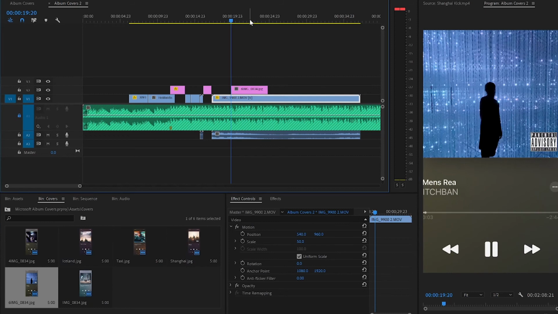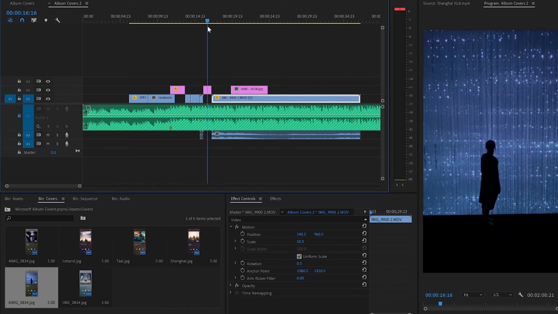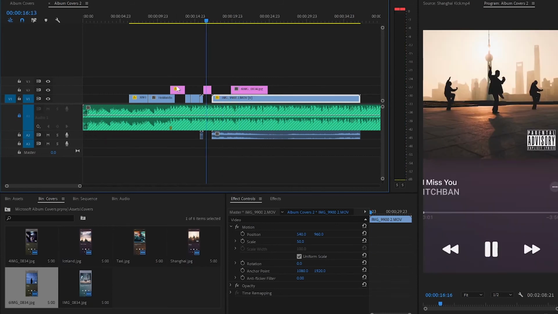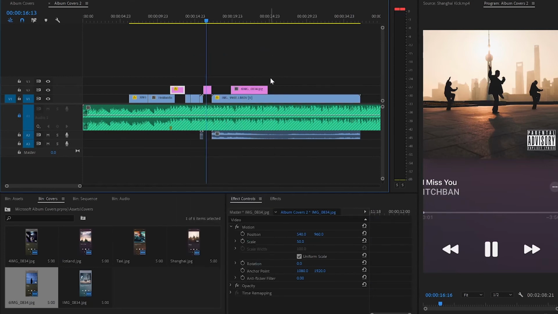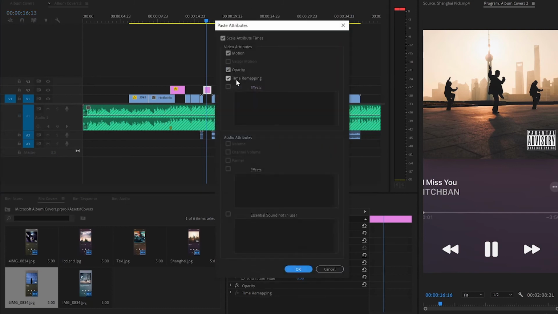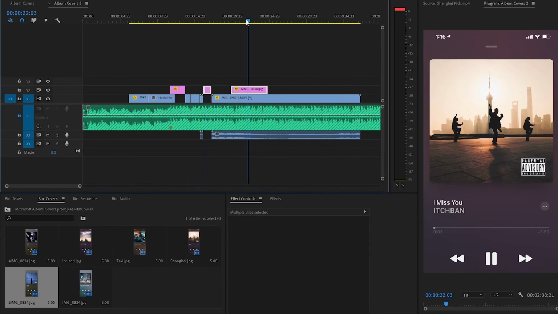As you can see, the album cover is not the right size again, so there's a trick for this. I'm going to right-click the first album cover that I did, go to Copy, and then I'm going to paste it straight onto the other 2 album covers. This will save you a lot of time in having to resize it. You hit enter and now they're the right size and right position. While we're at it, I'm going to select all the album covers, drop them all on just so I can do this process and make it a bit quicker.